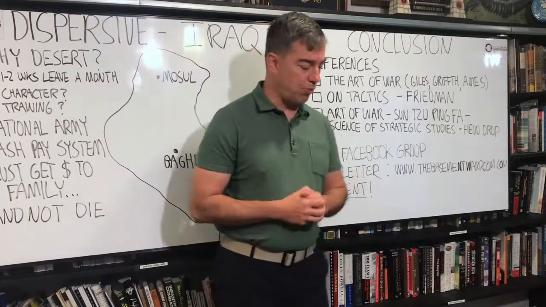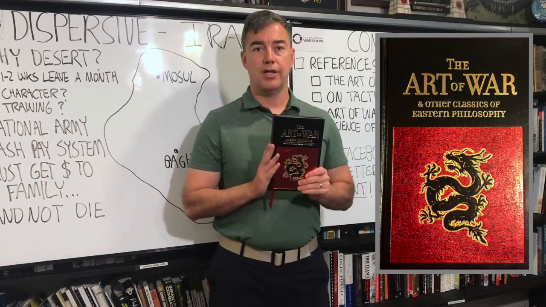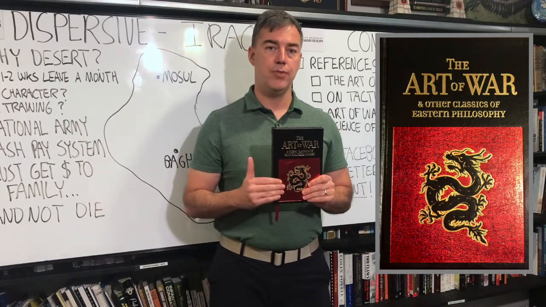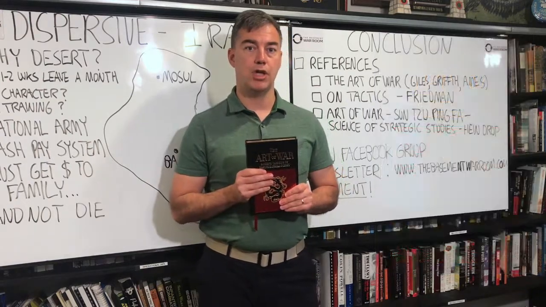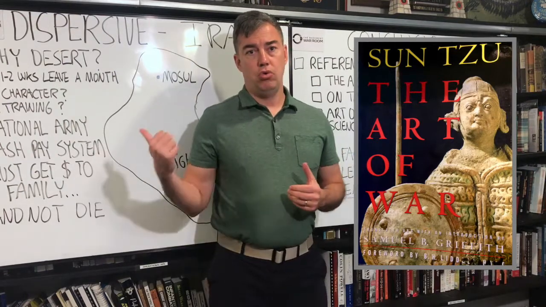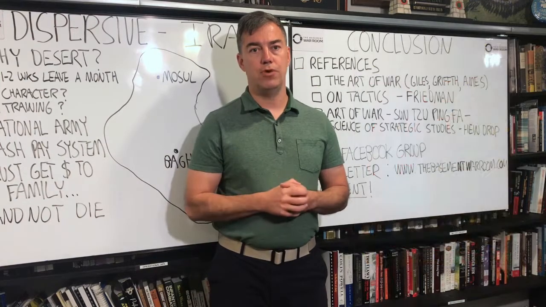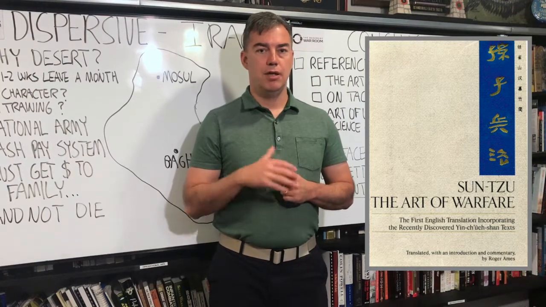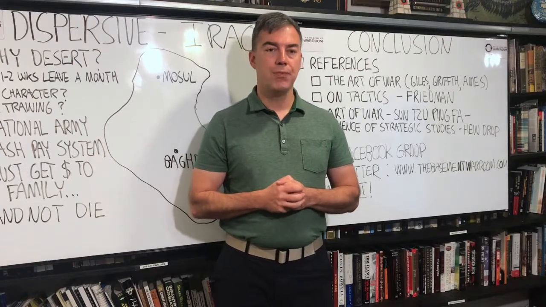Okay, I want to give a couple of references. The first of them is, of course, The Art of War by Sun Tzu. This is the Giles translation. What I like about this book is it first gives The Art of War pure, and then second gives it with the commentary. And today I read to you from the commentary version. I also use the Griffith translation. So all those terrain classifications were Griffith because he gives a one-word descriptor of the terrain. However, primarily I use Ames because Ames's translation is just, for me, a little bit more insightful.